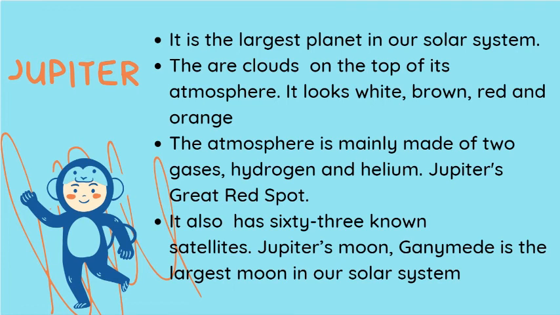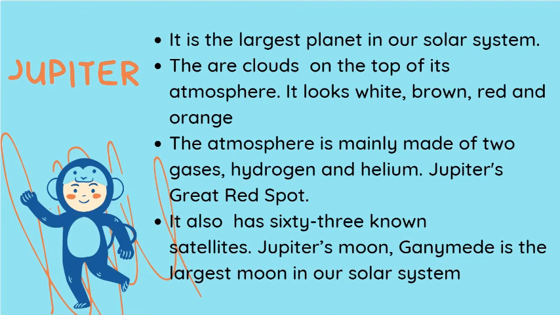The atmosphere is mainly made of two gases, hydrogen and helium. Deep in the atmosphere, the gases are pressed together so much that they turn into liquid. It would be impossible to land a spacecraft on Jupiter, because a spacecraft would be crushed. Jupiter has icy and rocky moons. It is surrounded by a thin ring.